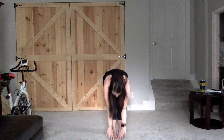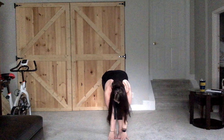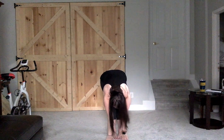And the important part for this stretch is to, again, just like you're standing straddle, keep those legs as straight as you can be. If you're bending your knees in like this, you're not going to get a good enough stretch in the back of your legs. So you want to keep those legs as straight as you can. So we're going to bring our arms up, and we're going to reach down, touch those toes, hold for 1, 2, 3, 4, 5, 6, 7, 8, 9,